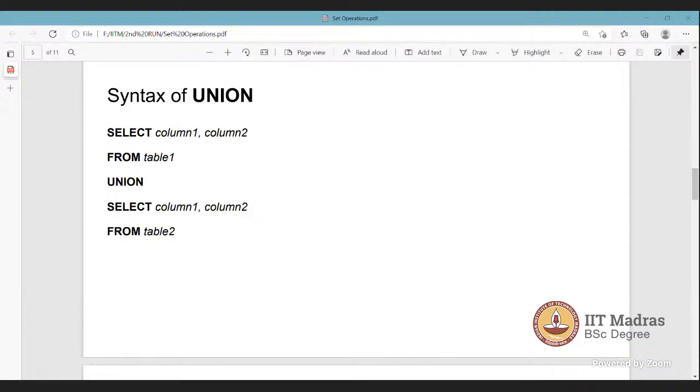We have a database here which consists of two tables, employee and student. I'll show you what these tables consist of. Let's start with students. As you can see, it consists of an ID attribute which has the domain integer and it has 5 tuples. Then it has a name attribute which consists of